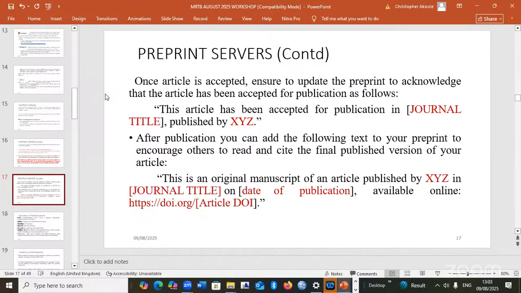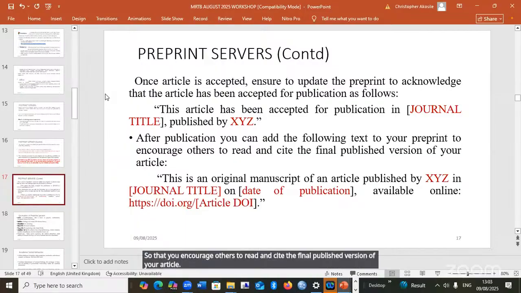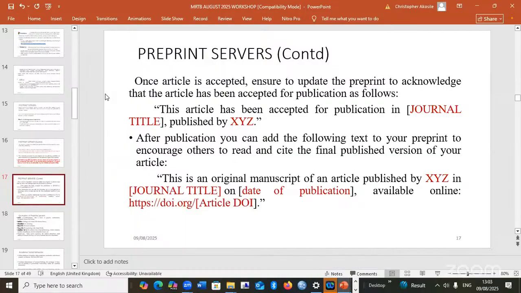And after the publication, you can now add the following text to your preprint so that you encourage others to read and cite the final published version of your article. This is an original manuscript of an article that is published by MRTB in the Nigerian Journal of Medical Rehabilitation 2024, available online on this particular site with the DOI cited.